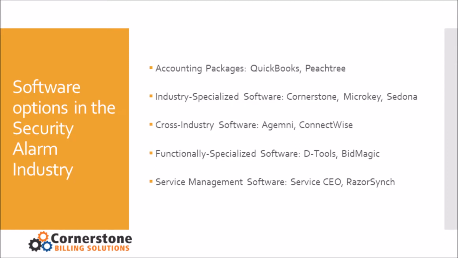In this industry, these days, there are plenty of options. So I've outlined some of those options, and I've put them into groups. So in the business we do, the ubiquitous software package is QuickBooks. QuickBooks is used by probably 90–95% of our security companies. Peachtree is another option in the general accounting category.